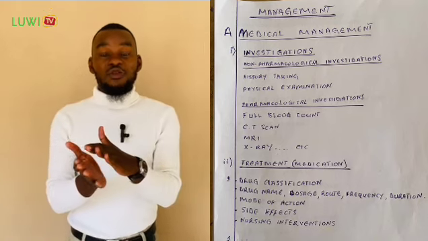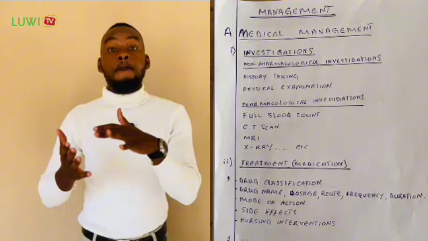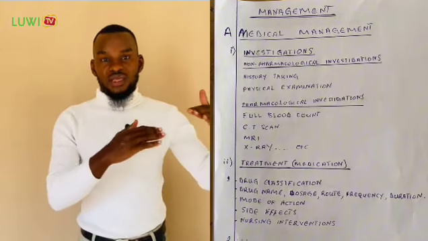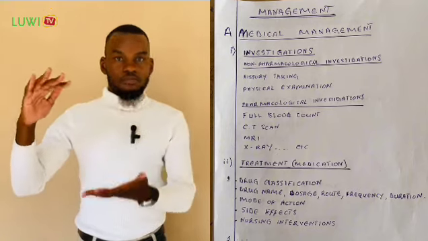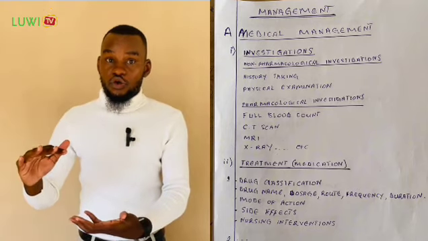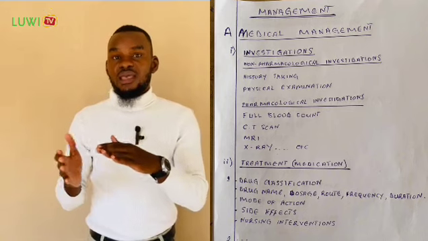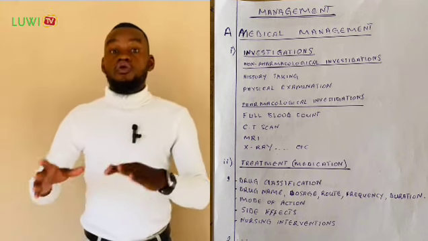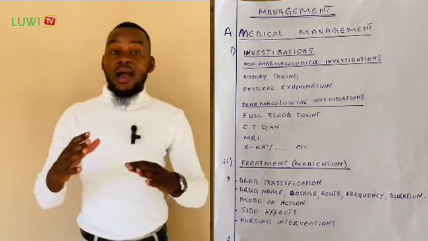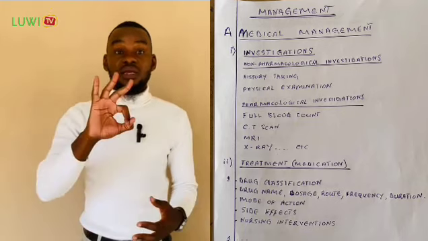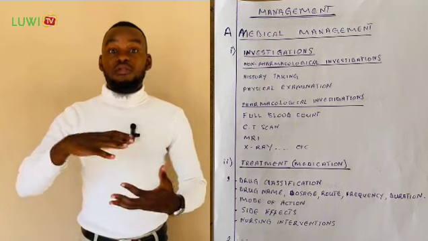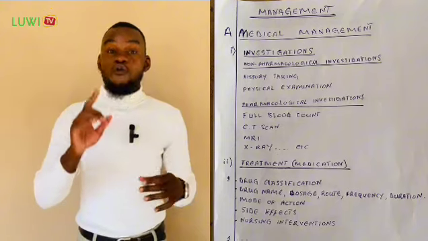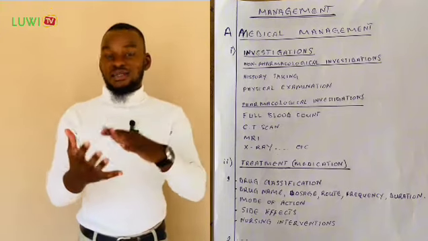Then we enter into the second part of medical management. That is what I summarized for you on the screen. It is saying treatment and in brackets medication. So you are going to write a minimum of 3 drugs that you are going to give this client of yours. Let me just give you an example of one that is going to give you an